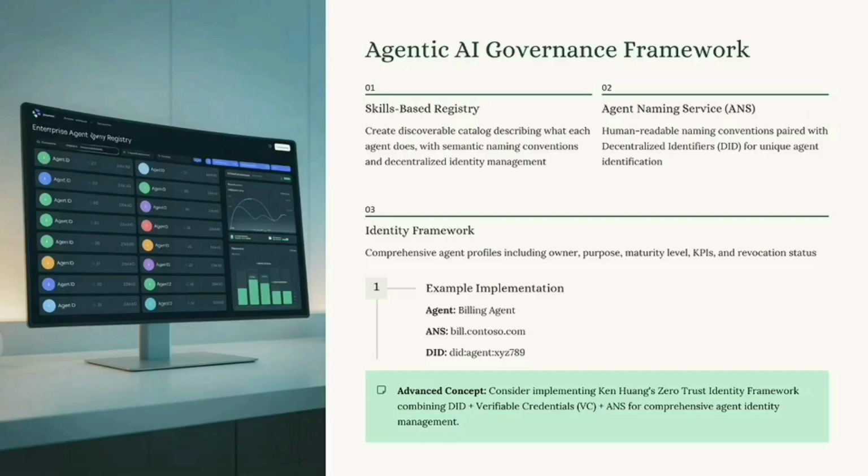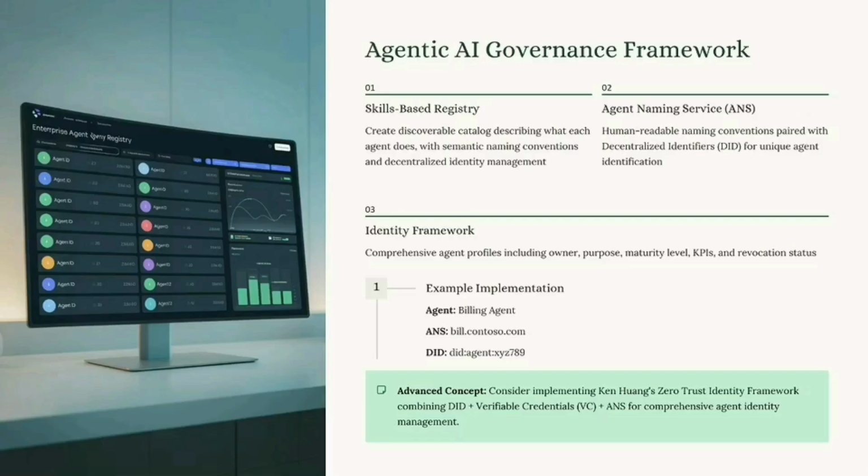So create a catalog. Are you familiar with Alexa, right? All of the Alexa environments come with skills, right? I want my Alexa to sound like Sam Jackson, right? That's a skill I can enable in the Alexa marketplace. That's something I could get, and I could say these agents are going to have these skills. Salesforce, ServiceNow, all of these companies are going to have a massive army of agents that for a small fee you can enable as a skill in your agentic AI platform. Agent naming service. Create an understandable, semantically meaningful name for every agent, right?